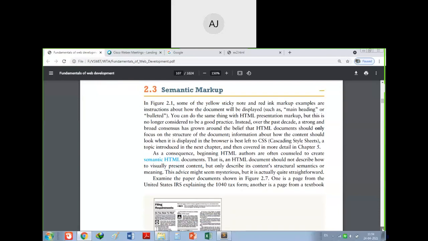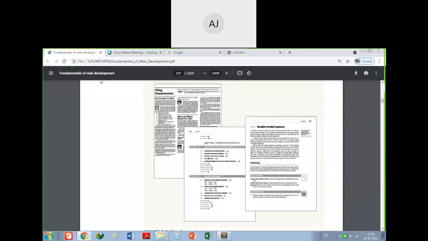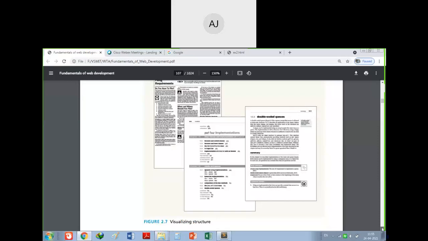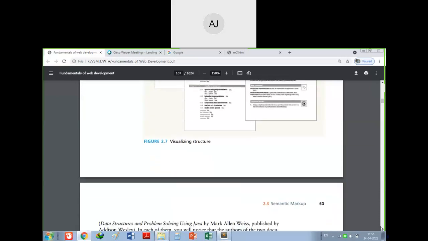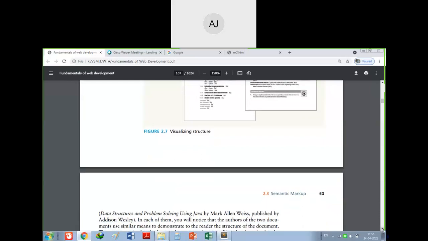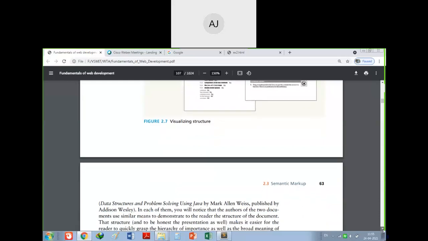Now he has given some examples, the same example, newspaper clippings. This is one newspaper. There are some titles, some exclamatory symbols, some question marks. By seeing that notation, you can identify what exactly it is. For example, if some questions are there, they will be asked with a question mark. If there is some horror news, it will end with exclamatory symbols, and so on. So these are the representation techniques. So how do we represent HTML web pages for the users through the browsers? This is the question here.